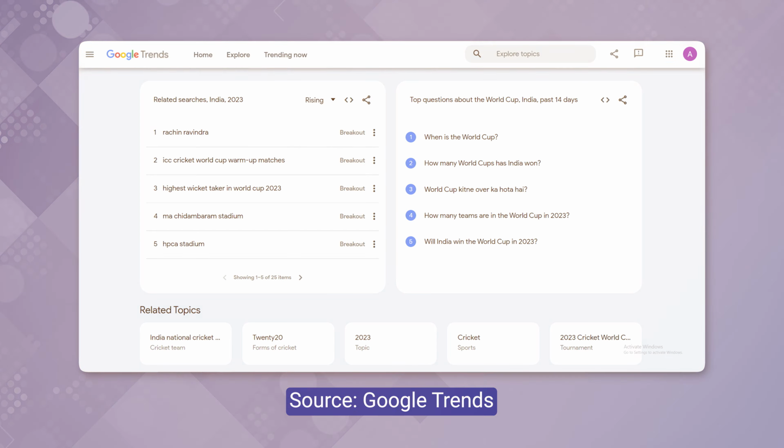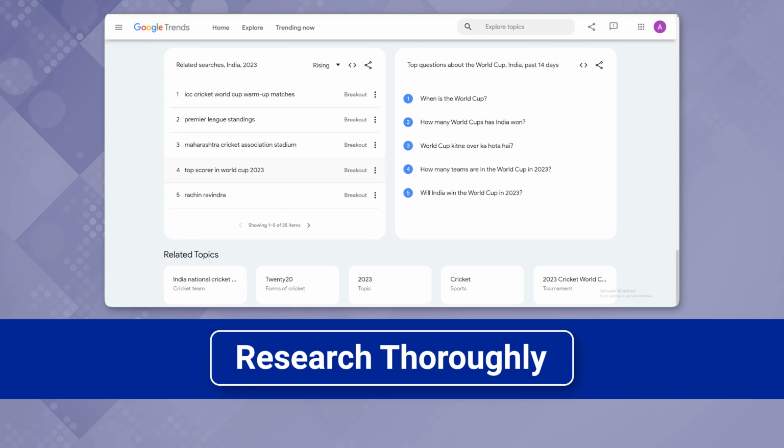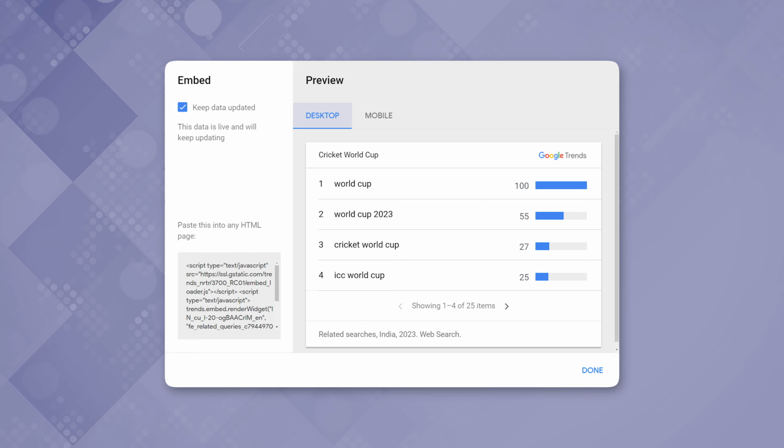Now, Google Trends will give you a fair idea of how many people are searching for the keyword that you're planning to write an article on. Once you've figured that out and seen that the trend is favorable for you to write the article, I would want you to next research all possible questions or search queries that people search for on Google. This will allow you to cover different aspects in the same blog, which increases the likelihood of Google recommending your blog post or article to people who are searching for relevant keywords.